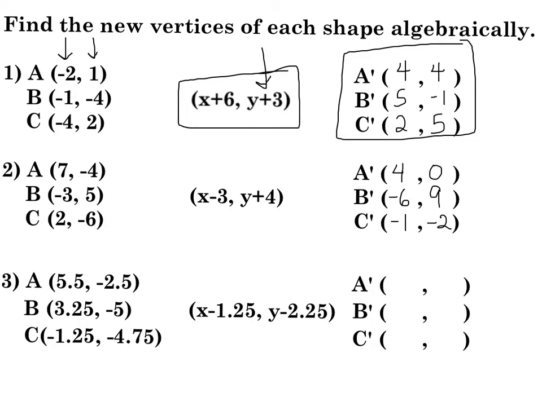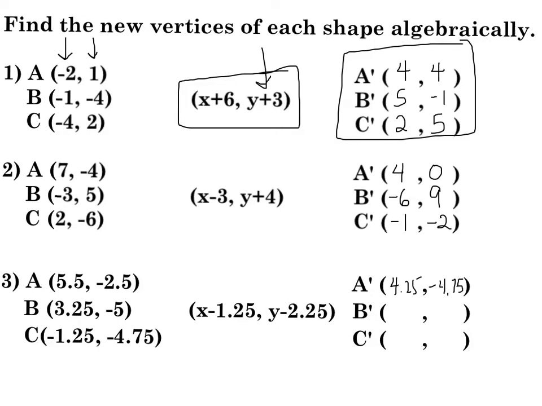Let's go ahead and check number 3. Little more difficult because we have decimals, but you should be using a calculator, or you can use your paper and pencil because you're very good at adding and subtracting decimals. Okay, so for point A, we have 5.5 minus 1.25. That's 4.25. And -2.5 minus 2.25 is